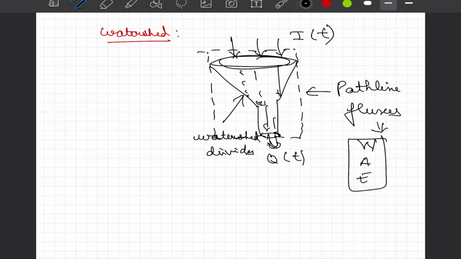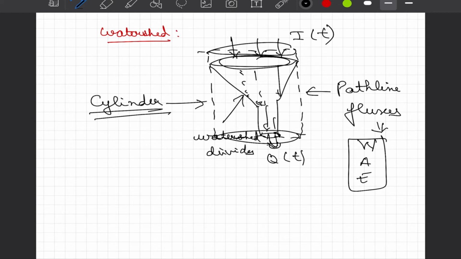Now we clearly see that, since this funnel would be a three-dimensional object, the shape enclosing it has to be a three-dimensional cylinder. And when we are dealing with a cylinder, we are dealing with a specific shape which has a boundary, and there would be certain manifestation occurring here. In the case of a simple funnel, this manifestation would be that whatever is coming in is going out. Now you get a little more adventurous and say that I will plant some small plants, or I will design some retaining structure in this funnel where I should be able to store the water.